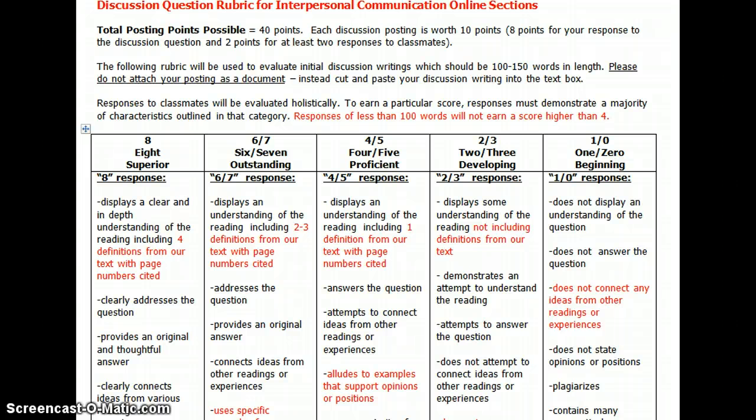On Monday, you have discussion posting number 1 and then 2 responses to classmates that are due in the discussion area by 11:59 p.m. on Monday. So the first thing that you're going to need to do is to read through chapters 1 and 2. I highly recommend that you go under content on our D2L website and print out the vocabulary worksheets and complete those, making sure that you include page numbers too